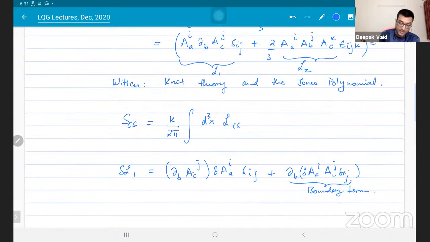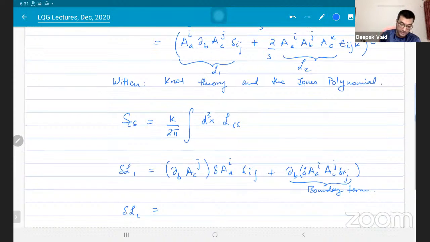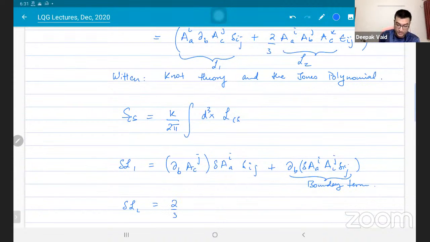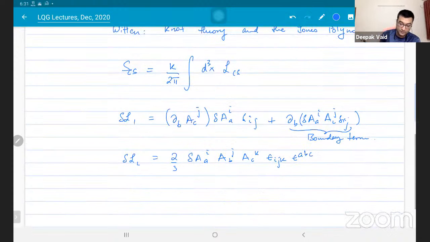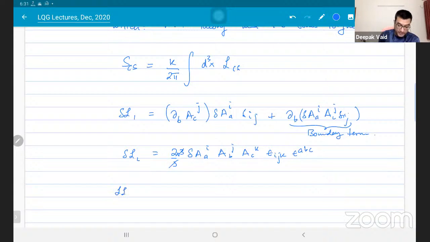Put it delta here, and then if you look at the second term in the Chern-Simons action, the Lagrangian density, you have a factor of 2 by 3, and what you will get is something like ABJ ACK epsilon IJK epsilon ABC. You'll get three such terms because you have three, so the three will cancel out, and then the factor of 2 also goes away. So ultimately, when you combine delta L1 plus delta L2,